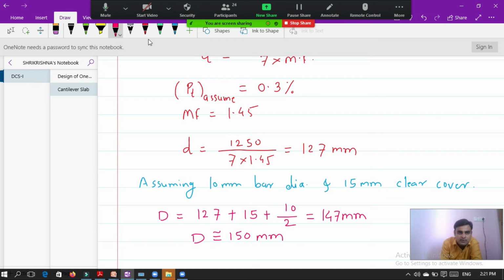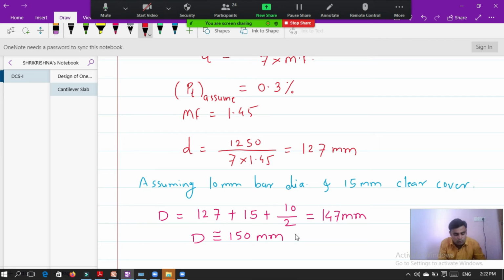Now if this value is 150 mm, then again this value will change, because for 127 our overall depth is 147 mm. Now if we increase the overall depth to 150, then our small d is also increased. So we have to calculate the value of small d again.